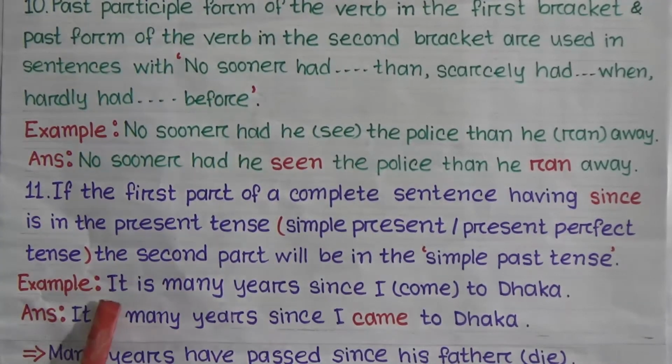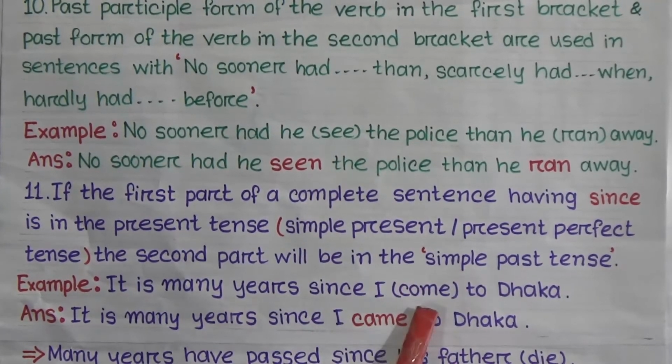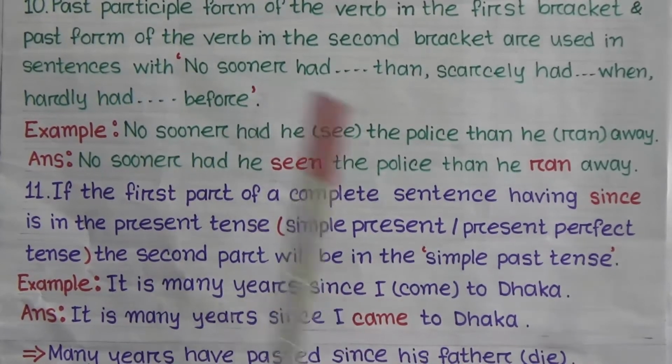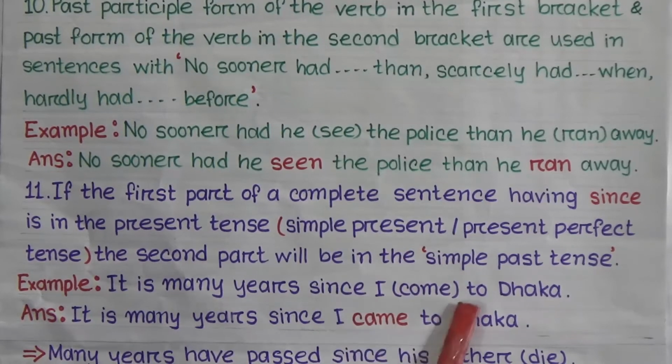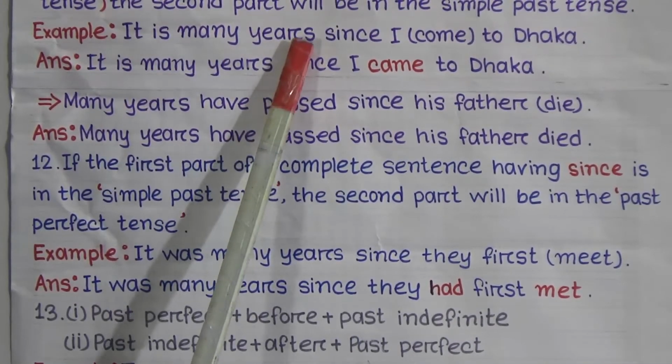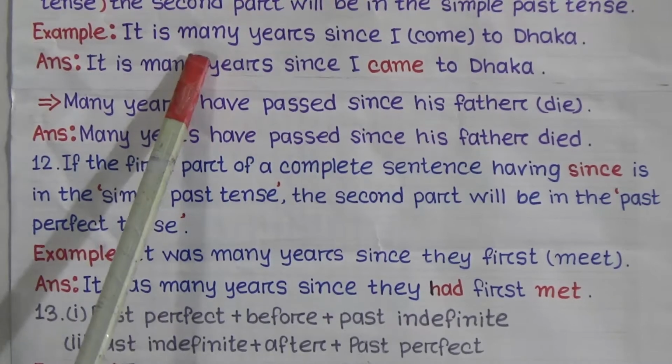So for this example, look, it is many years since he, in bracket, come to Dhaka. So we are talking about the second bracket. Our rule is, if we find since in any sentence and we find a verb in the second part, then we have to use past tense. Look, the first part is in present indefinite tense. It is many years, so it is in present indefinite tense. Here in this first part you can also find present perfect tense. The structure of present perfect tense is